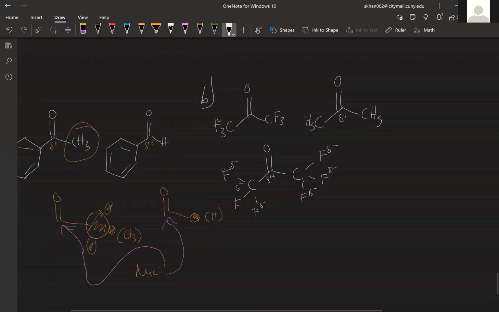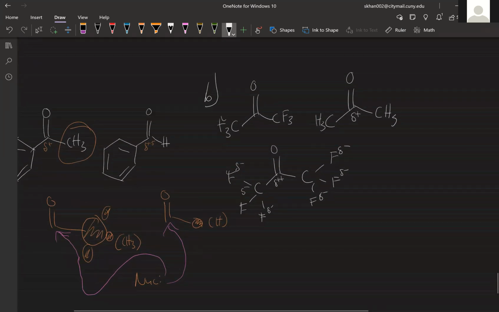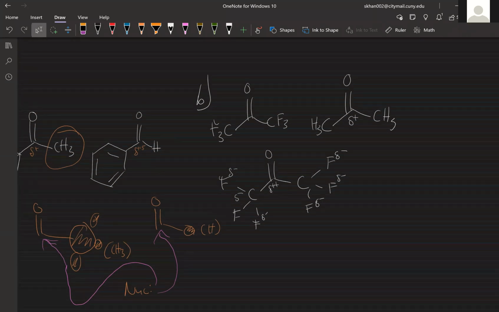Wait, I have a question. So you're saying that the one with the CF3 is more reactive with a nucleophile? Yeah. But I'm just confused, because this is more sterically hindered than the CH3, or is it the same? Well,